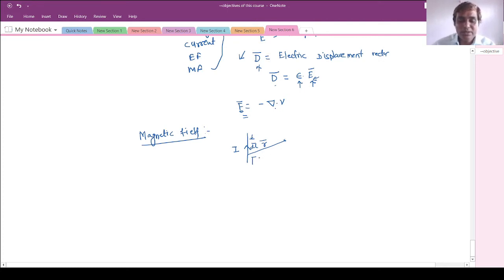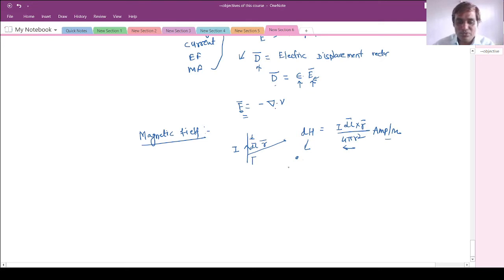So how to measure? It will give me the magnetic field strength, the incremental value of the magnetic field due to the small current element. So this will be dH, which we know is represented as I dl bar cross r bar divided by 4 pi r square. This is in ampere per meter. So this is the magnetic field strength. And here we observe that it is not depending on the media.